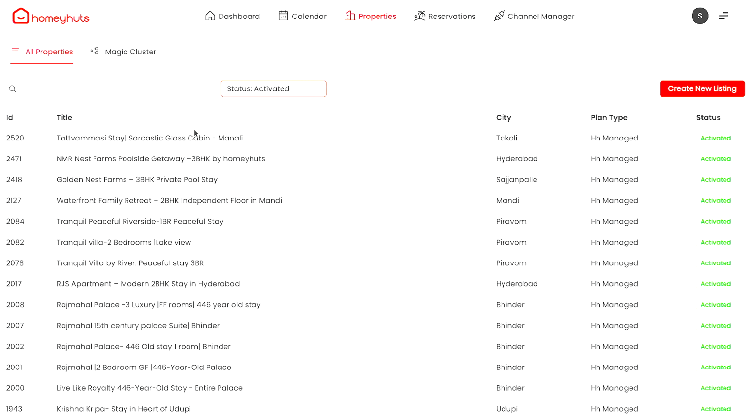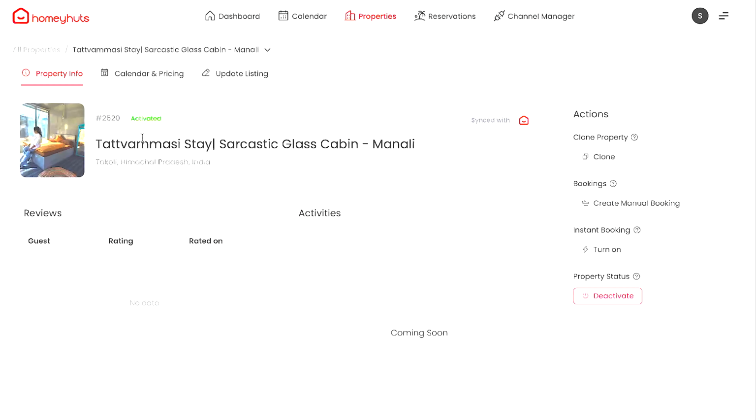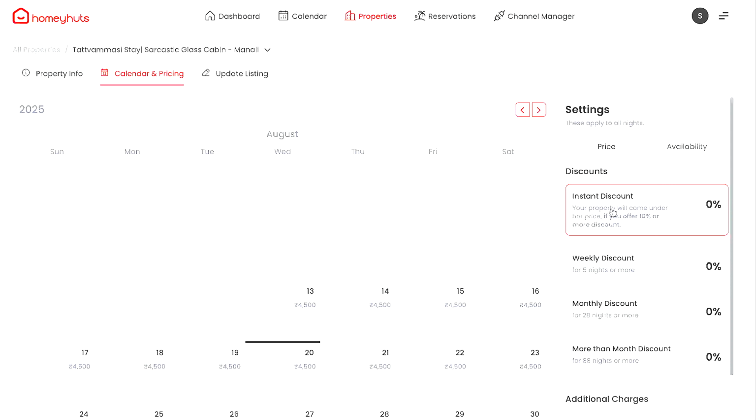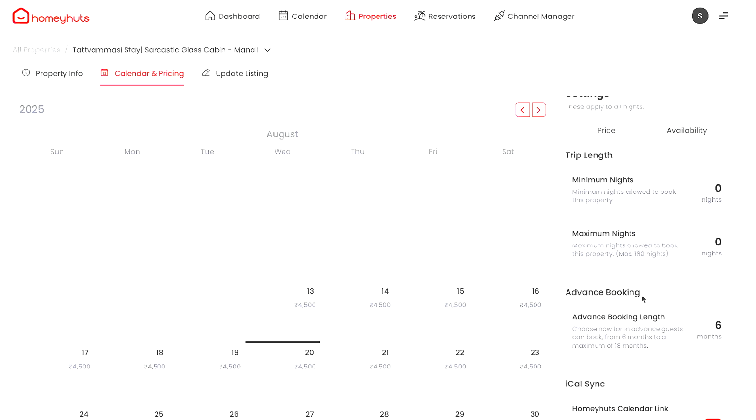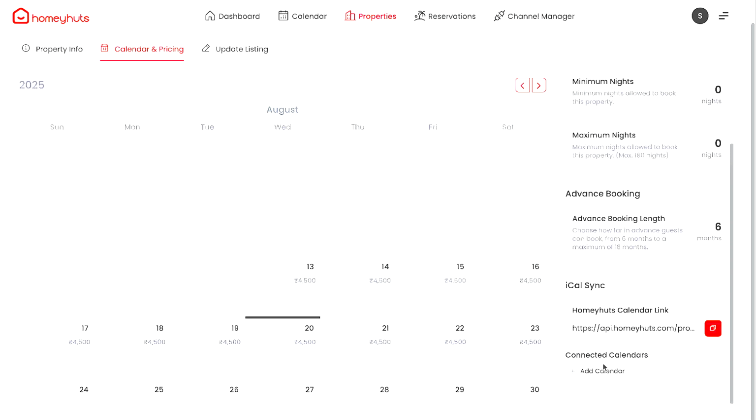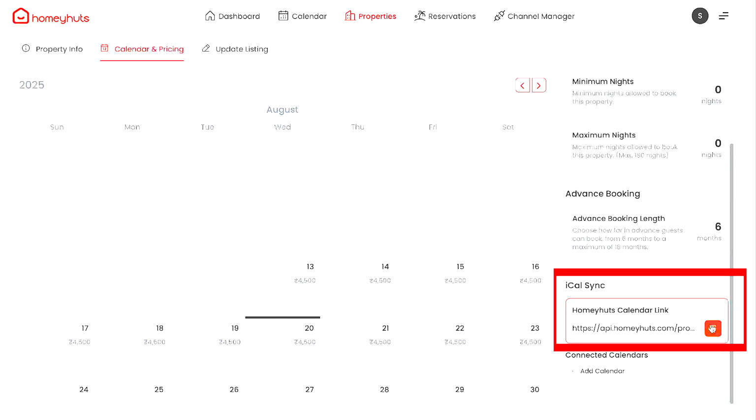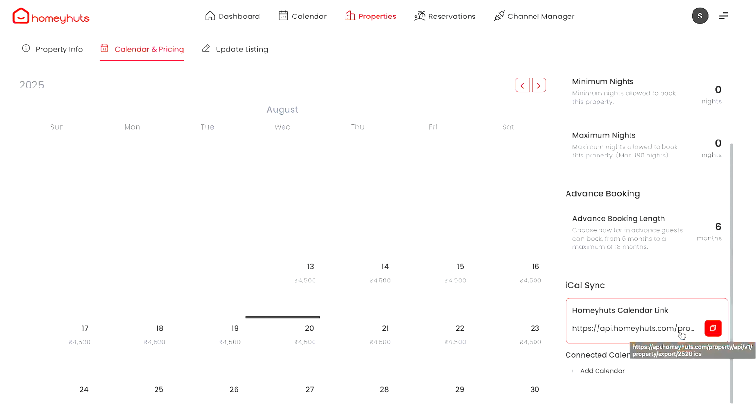So in the Properties tab, you can search your property or select the property you want to sync the calendar with. Click on Calendar and Pricing, and then we'll go in the Availability. And here below, you can see a tab that is iCal Sync. So here you can copy the link to connect with other OTAs like Airbnb